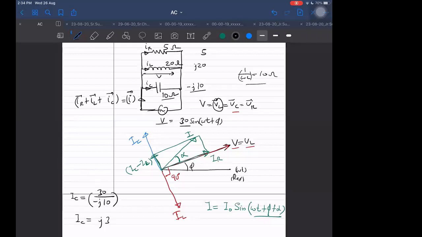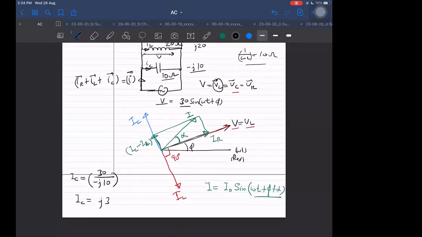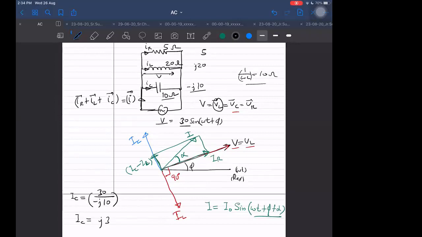Okay. So understand here, this IC has what phase? From here, somebody will think like this, that this is a reference line, and as compared to the reference line, it is along the imaginary side, 3 units along the J side. So somebody will think it has a phase of pi by 2, but not like that.